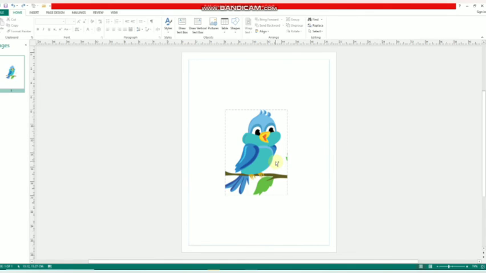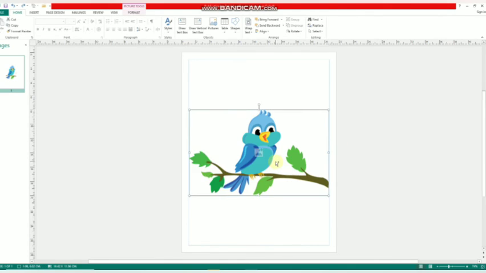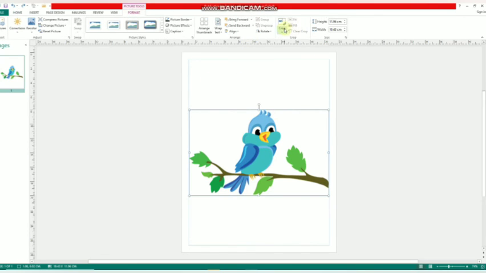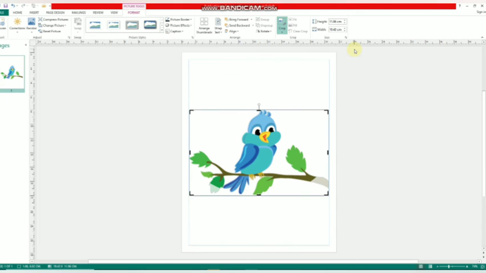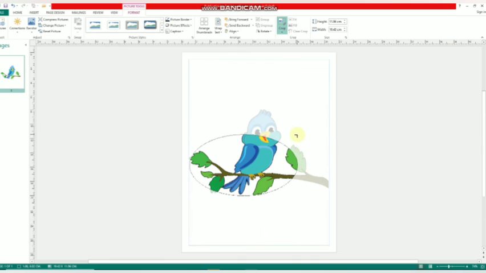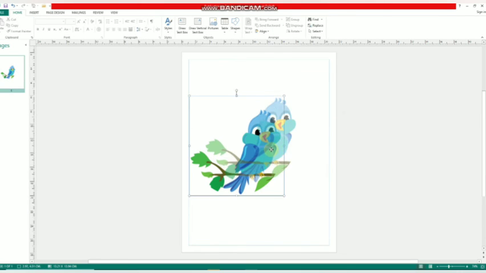And if you want to crop this with any specific shape, then click on the Crop menu again, drop-down list and Crop to Shape. If I want to crop this picture with the shape of an oval, then click here and crop like this. Now see the changes.